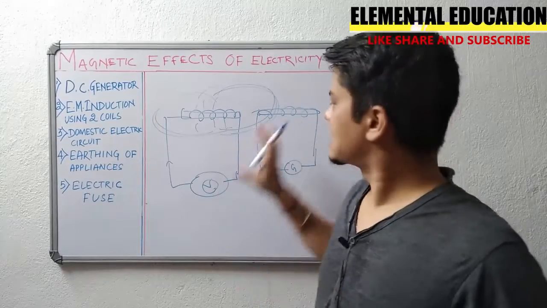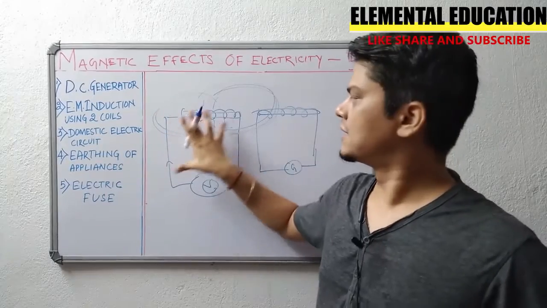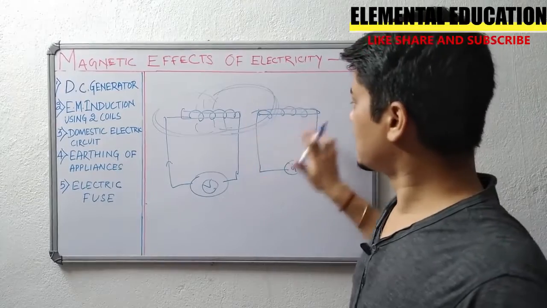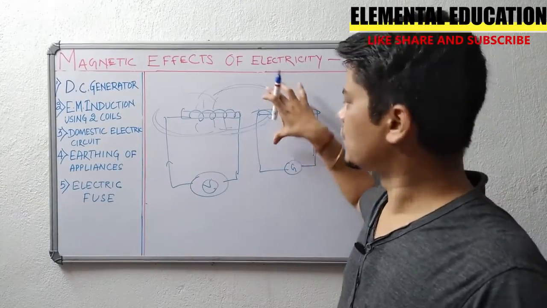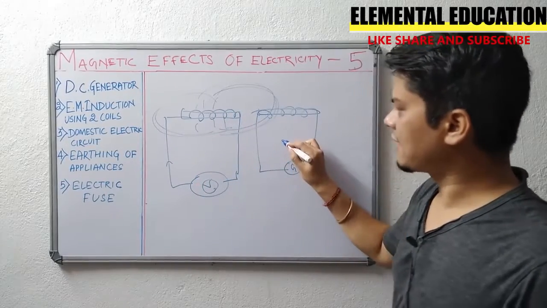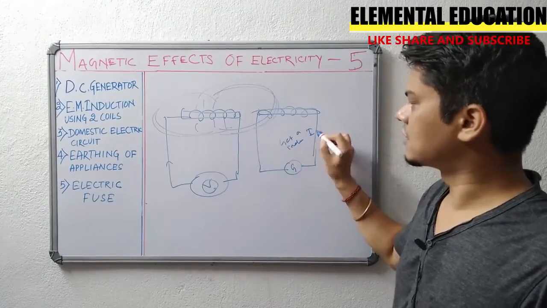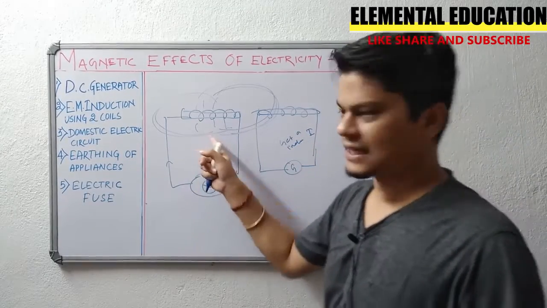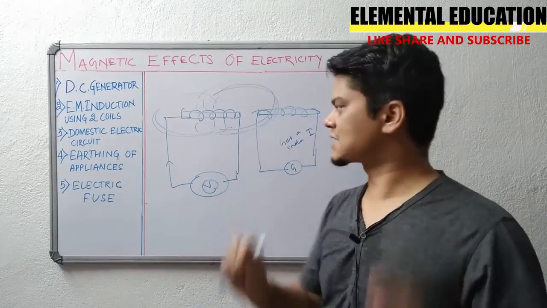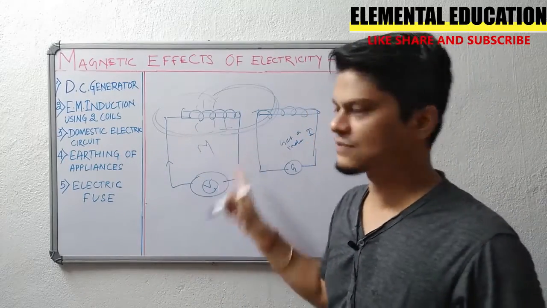In this case, this coil comes under the magnetic field of the other coil. This coil acts as a magnet now. The other is a normal coil with a soft iron core, which will be affected by this magnetic field, and it will get an induced current due to this magnetic field. We know a magnet and a coil are required in our experiment. This is a magnet now because I am giving a voltage, so a current is flowing across it.